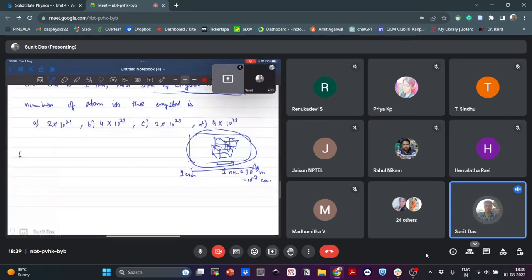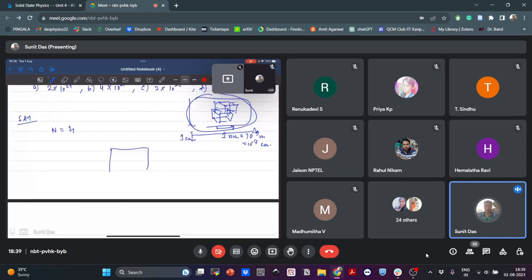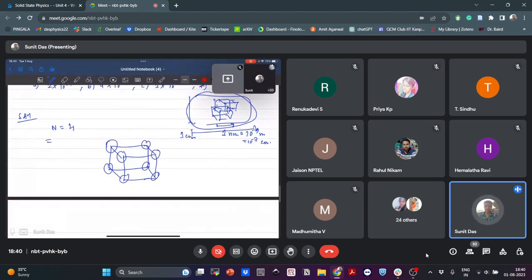Okay. So in one unit cell, the number of atoms for a face-centered cubic crystal is 4. So how does it come as 4? Try to do it very quickly. So again, from all the corner atoms, you will have 1 by 8th contribution to a particular unit cell, and there are 8 such